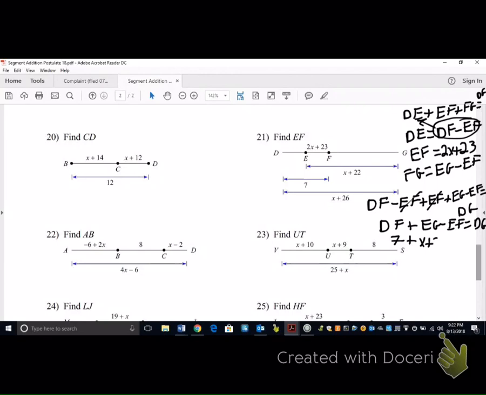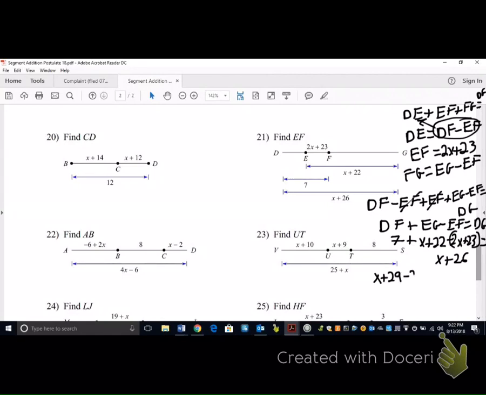Substitute out: 7 plus x plus 22 minus 2x plus 23 equals x plus 26. So now we have to solve that. So we're going to go x plus 29 minus 2x plus 23